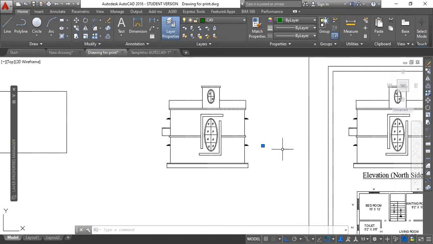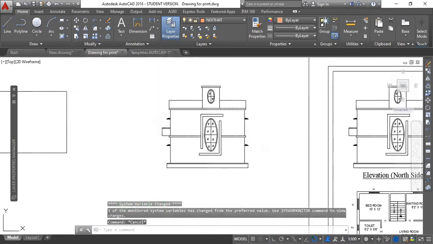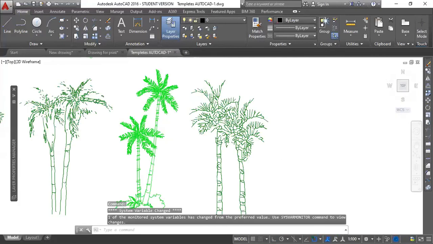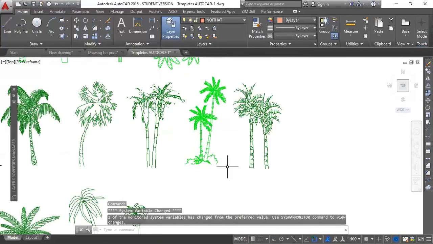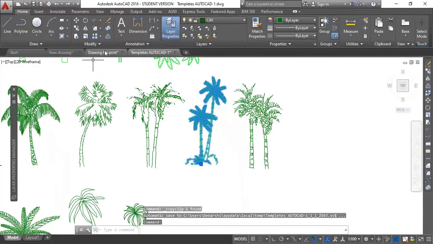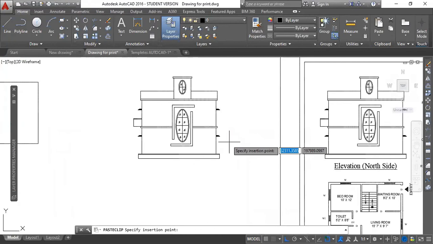After hitting Control V, I'm doing it again. You guys may mess it up, that's why. So again, I'm doing, this is my template. I have selected this, and from keyboard I'm hitting Control C. Then I'm going to my actual sheet where I'm drawing all these things and hitting Control V. And the place where I'll click, it will stay there.